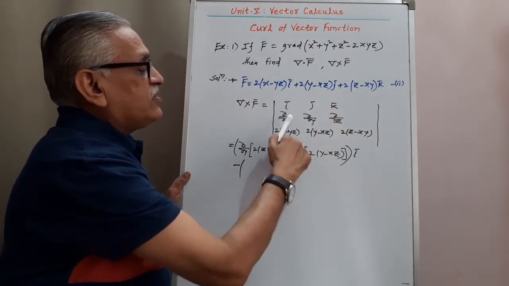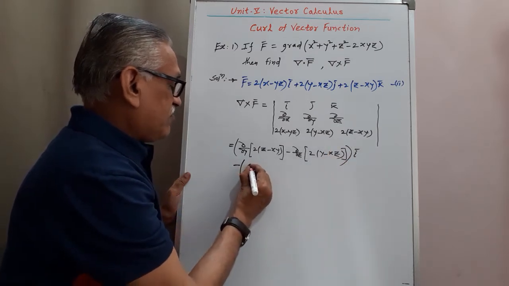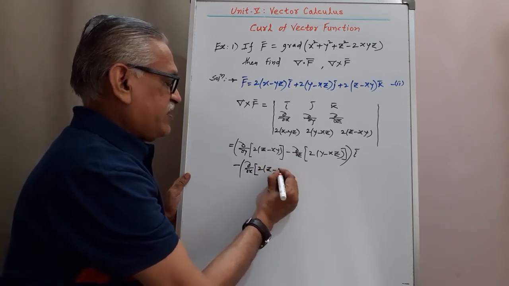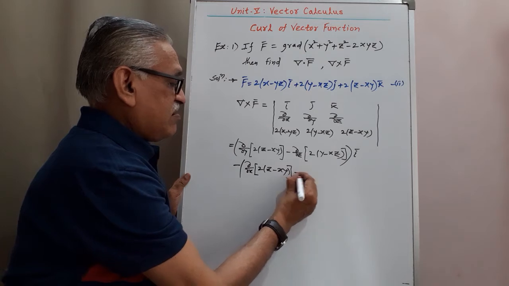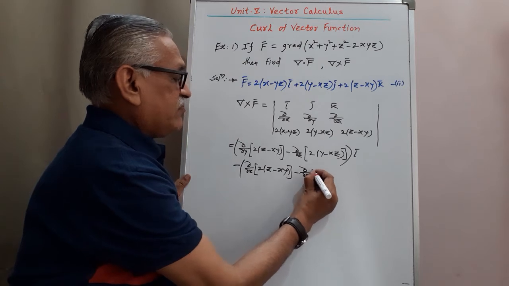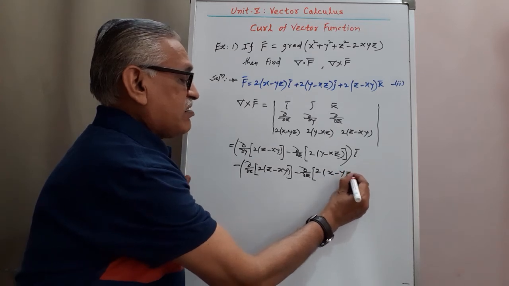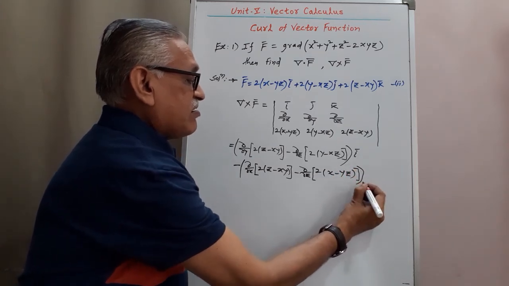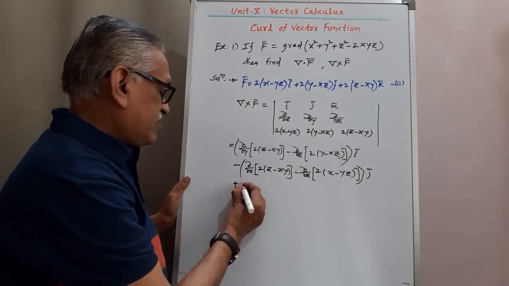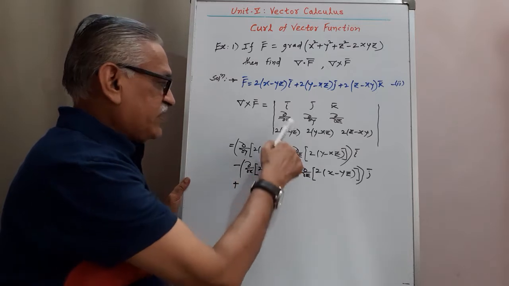Neglecting first row and second column, taking a determinant of these 4 elements, it is ∂/∂x of (2z − xy) minus ∂/∂z of (2x − yz), into j, then plus k into, neglecting first row and the last column, we get a determinant of the remaining 4 elements